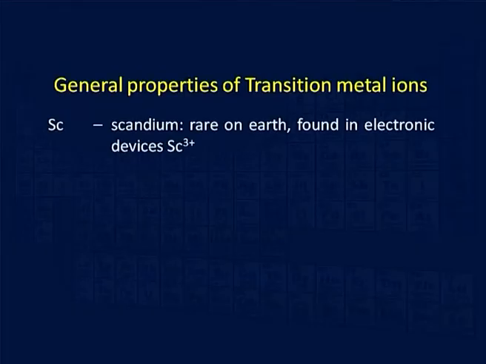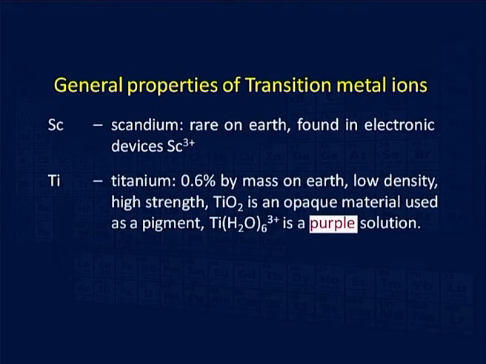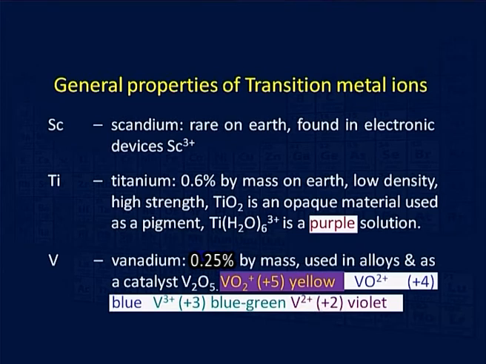Many of these are distributed widely in nature. Scandium is the first transition element, which is found in electronic devices in the +3 oxidation state. Titanium is equally important. We find titanium in pigments in the form of a hexa-aquo titanium complex, which is a purple colored solution. Also, vanadium, which is useful in the form of various vanadium alloys, is a very important transition